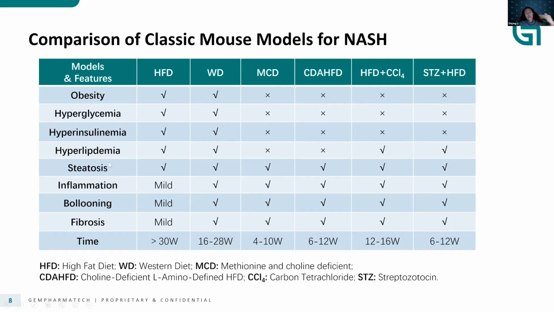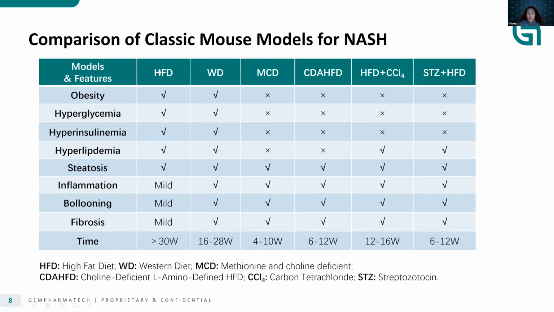At the same time, given the knowledge that metabolism or metabolic dysfunction plays a key role in the onset and development of this disease, we are also looking into the phenotype of obesity, glycemia, hyperinsulinemia, or lipid dysfunction in the models that we develop. So among all the classical models I have listed here, what we can see is with some diet treatment and chemical insult, one of the issues is that they don't really have the metabolic dysfunction.